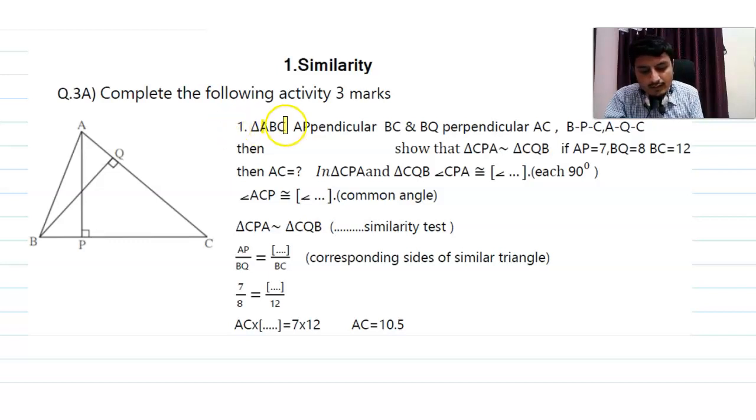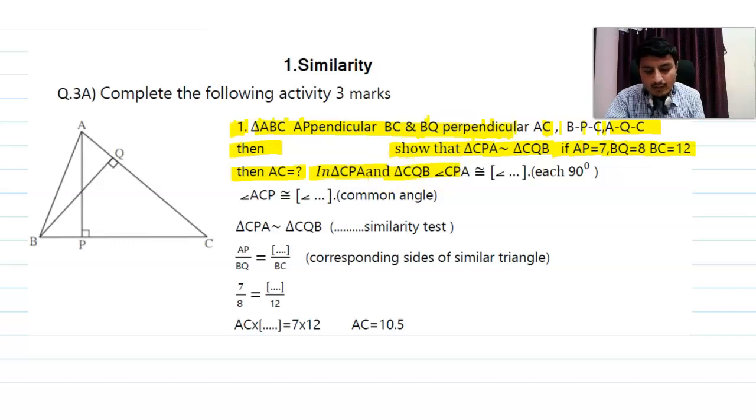First question, we have triangle ABC. AP is the perpendicular on BC. BQ is the perpendicular on AC. B, P, C are the points of collinearity, and A, Q, C be the other points of collinearity. Then show that triangle CPA is similar to triangle CQB. If AP equals 7, BQ equals 8, BC equals 12, then AC equals to. In triangle CPA and triangle CQB,